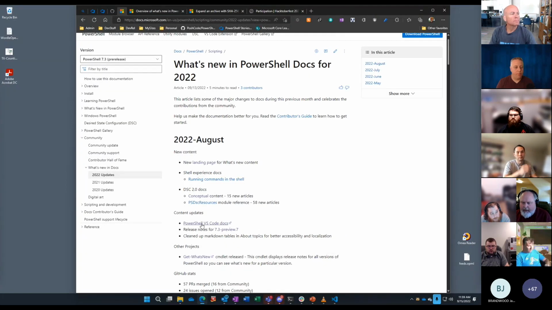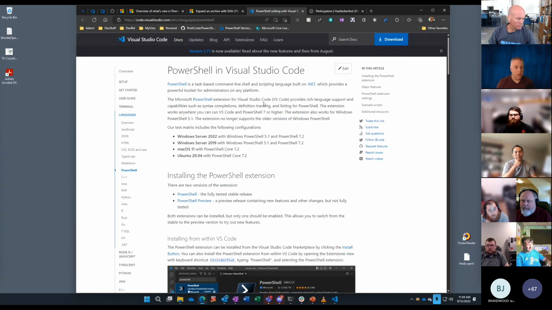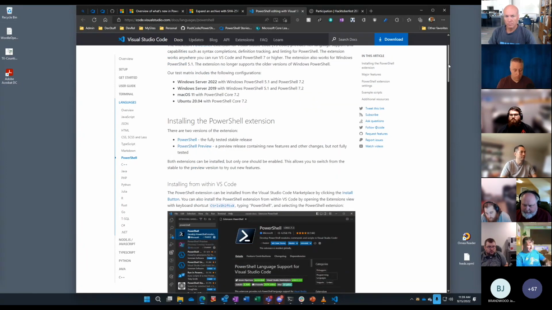Also did a quick refresh on the docs for the PowerShell extension for Visual Studio Code. This is the overview documentation that's on the Visual Studio website.